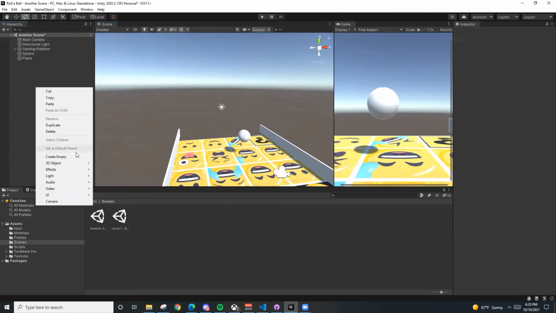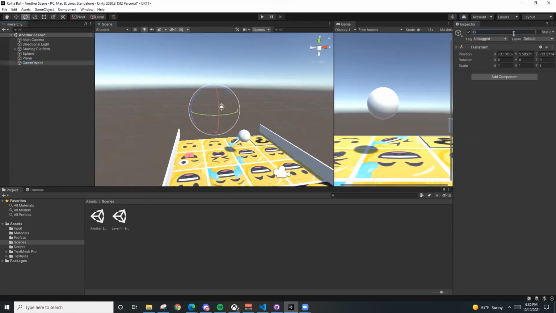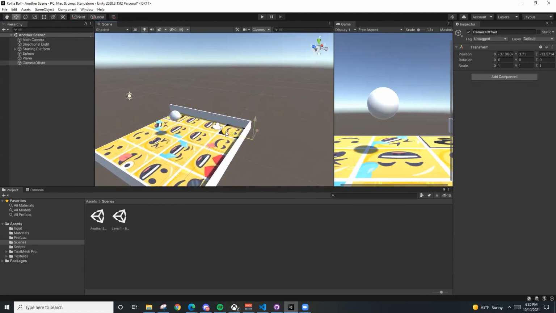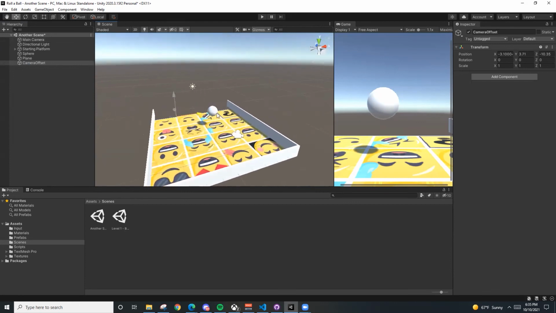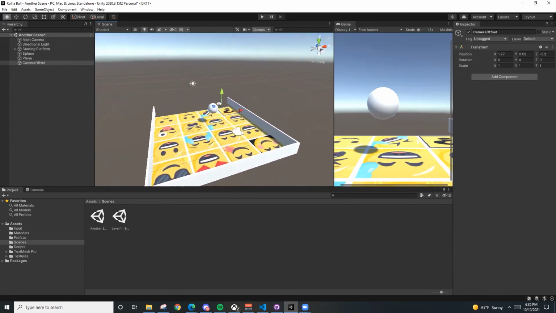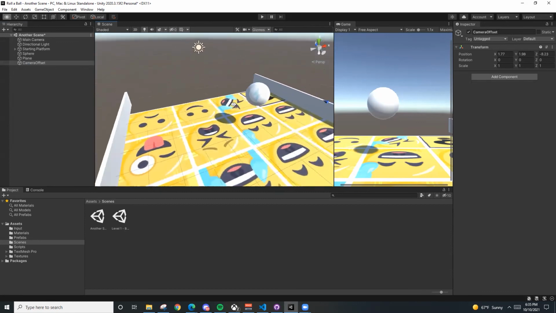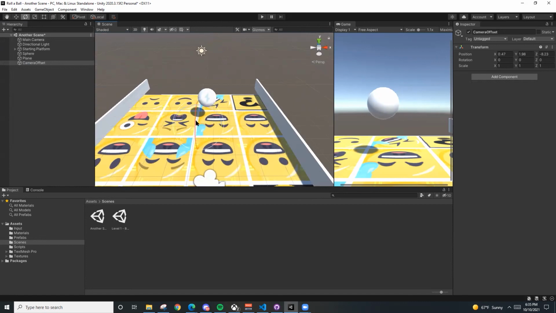So let's create a new game object. Let's call this camera offset. This will contain a script called camera offset. Essentially, we want to position this right behind our sphere so that our camera maintains the correct position offset from the ball every frame, every time it moves. So let's create the script,